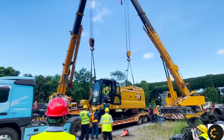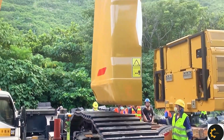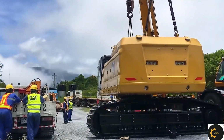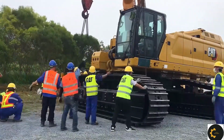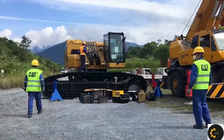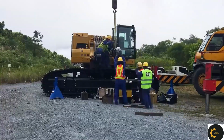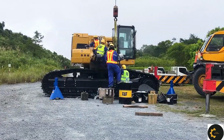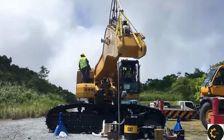One of the key features of the CAT 359 is its ability to run on biofuel blends of up to B20. This capability supports sustainable practices, allowing operators to reduce their environmental footprint without compromising on performance. The machine also meets stringent emission standards, complying with Brazil MAR1, which is equivalent to US EPA Tier 3 and EU Stage IIIA. This compliance ensures that the CAT 359 operates efficiently while minimizing harmful emissions, making it a more